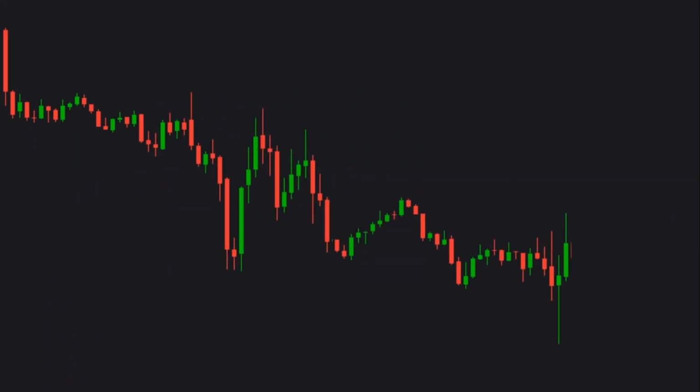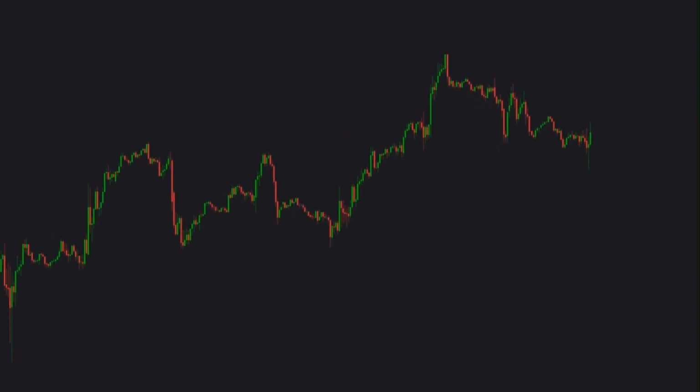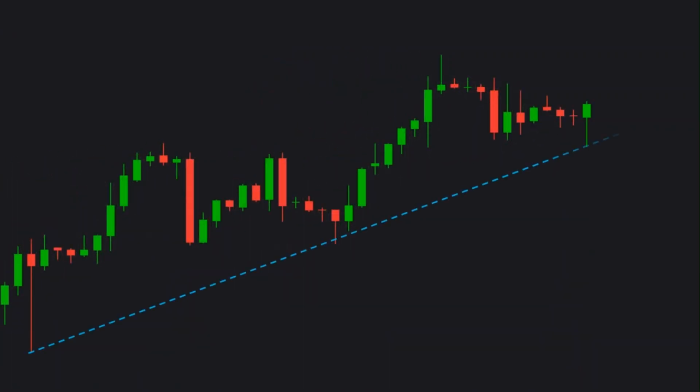Looking at just one time frame in trading is like trying to read a book by looking at a single word. It leaves out the full picture. The market has layers, and each time frame reveals a different part of the story. A setup that looks perfect on a 15-minute chart might actually be a trap if the higher time frame says